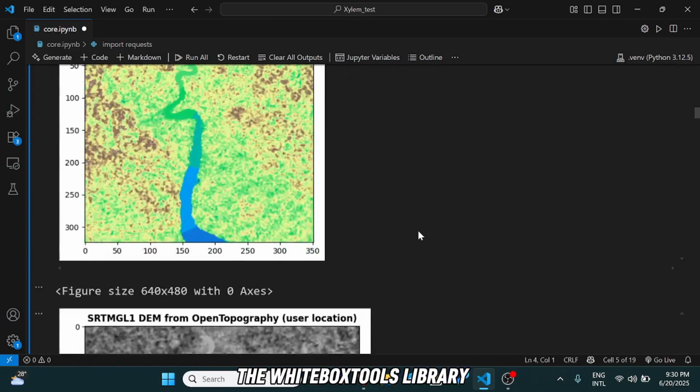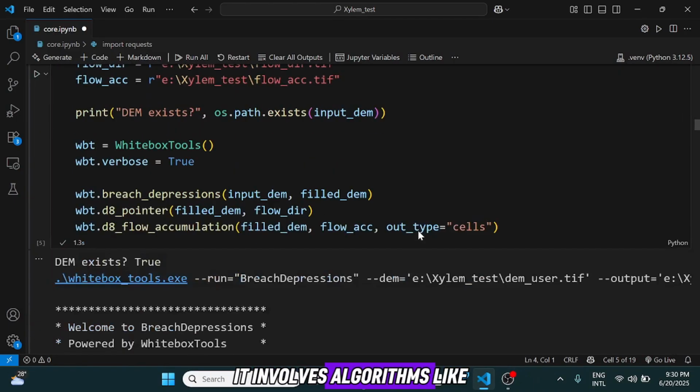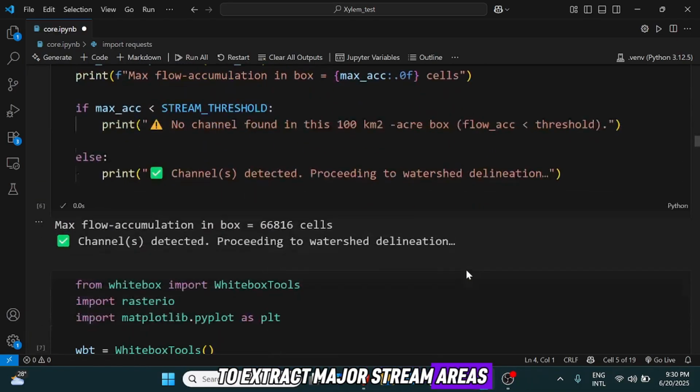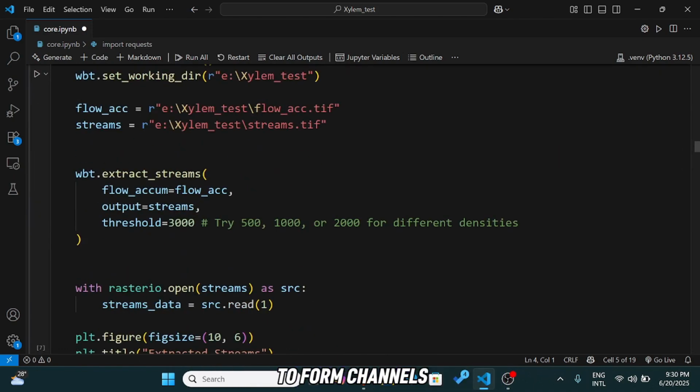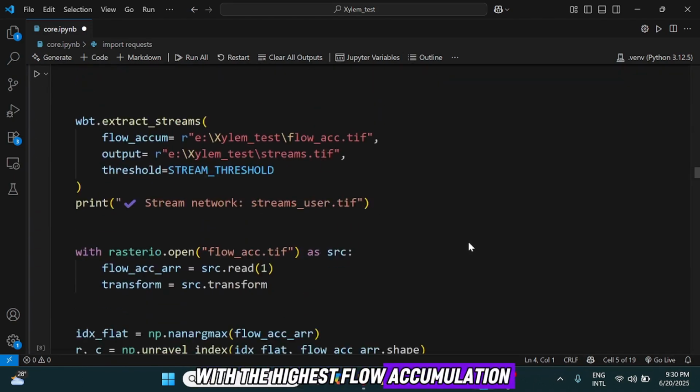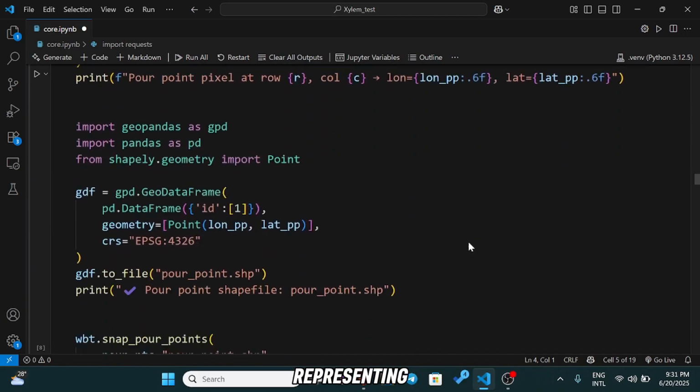the Whitebox Tools library. Pre-processing is critical. It involves algorithms like breaching depressions, flow accumulation, and flow direction. Using the flow accumulation data, we set a threshold to extract major stream areas where enough water accumulates to form channels. Then we identify the pour point, which is the pixel with the highest flow accumulation, representing where water exits